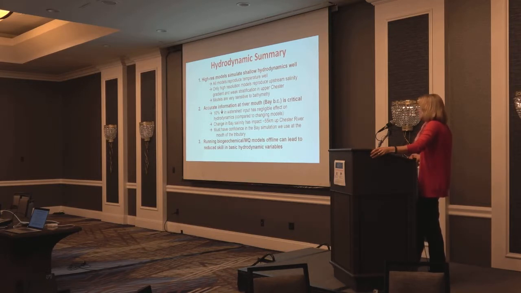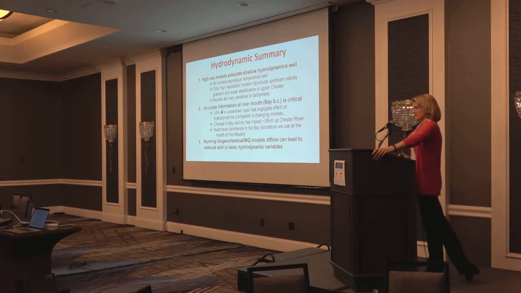Also, we found that the accurate information at the river mouth, where the river meets the bay, is absolutely critical. We found that a 10% reduction in watershed input really had no impact, especially compared to changing models, whereas changing the bay salinity has an impact all the way up throughout most of the Chester River. So this implies that we really have to have confidence in the bay simulation that we're using at the Chester